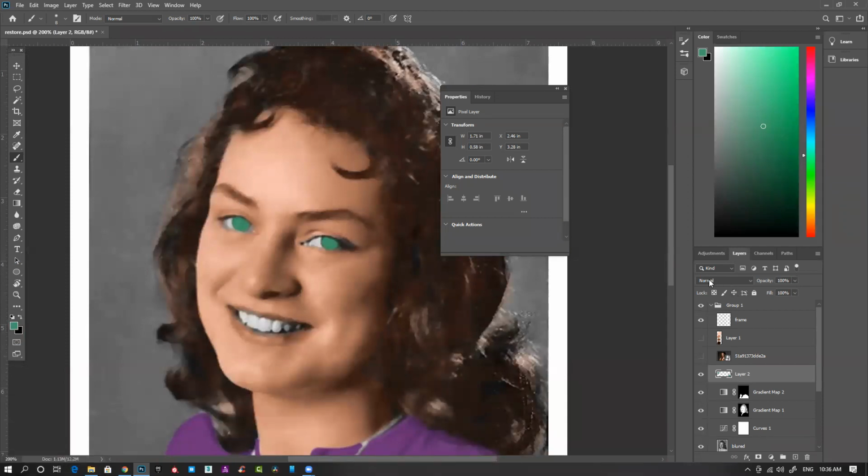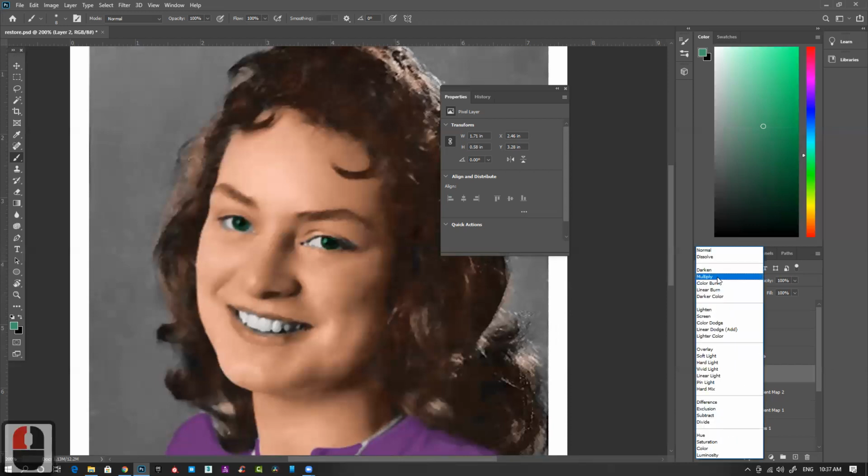But what we have to do now is change the blending mode of the layer. By default, all the layers are in normal mode. They are not having any kind of blending. So to blend them together, especially for a grayscale image, if you change the blending mode to multiply, it instantly picks up the background image and adds the color.